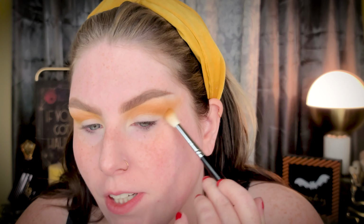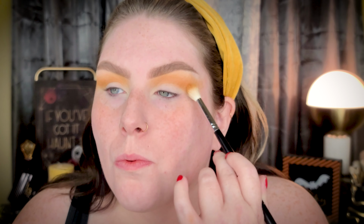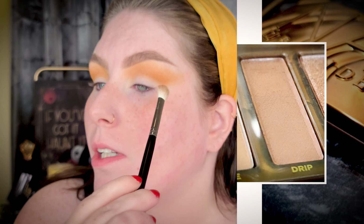Keep building until I have the intensity that I'm looking for, because I do want this shade to be pretty intense. I want it to be very visible behind the other shades, kind of as a transition shade. Alright, let's go to a smaller brush. I'm going to take a Morphe 433 and go over to the Naked Honey palette now. I'm going to take the shade Drip, load my brush up, and start to